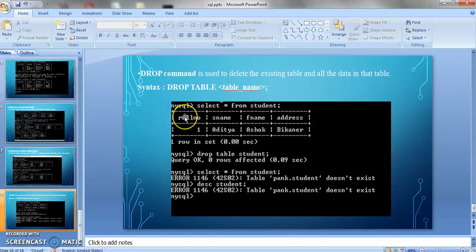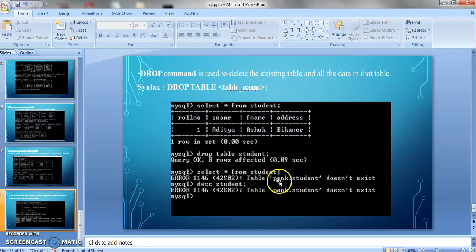So I have taken a snapshot of a particular session of this practical part. Suppose I have the table student in which we have 4 columns and this is the data which I have in the table student. Now after that I am executing the command drop table and table name. After dropping this table, the query was okay, and after that I am writing select star from student.